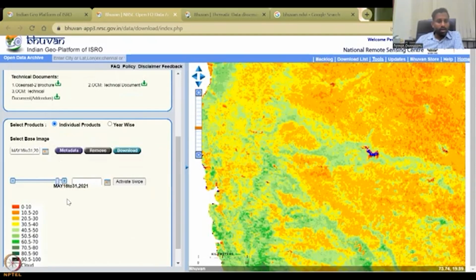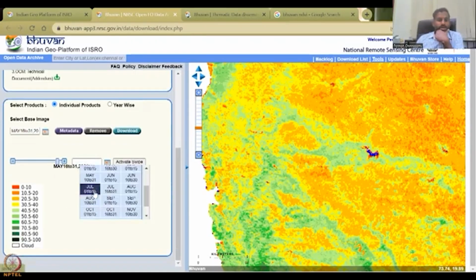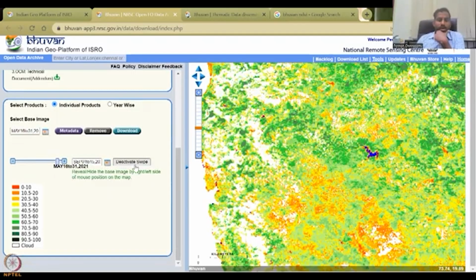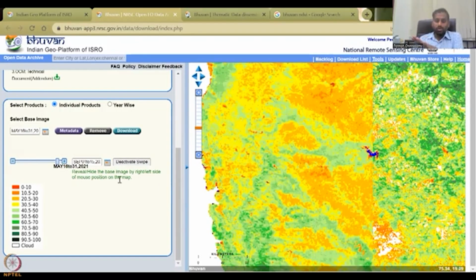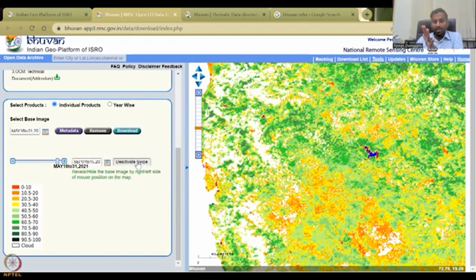And then now I'm going to take the second. So two dates we can take. So I'm going to take the second as September first week, activate swipe. So on this layer, what you see is the September 1 to 15 average of 2021. And if I move my mouse, that is what I've activated. I've activated the swipe and deactivated the swipe. So if I move the mouse, nothing happens. I'm seeing the September month. But if I activate swipe and I move my mouse, then you will see that